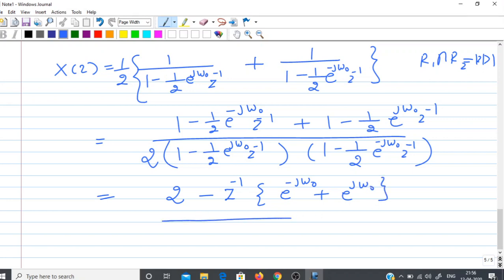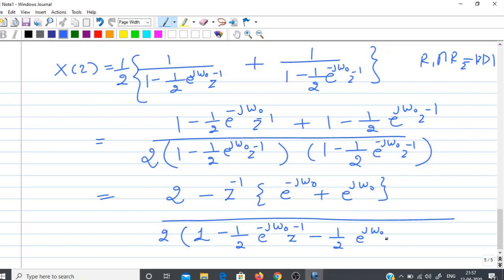And in the denominator, 1 multiplied by 1 will be 1, then minus e to the power minus j omega naught z inverse, then minus e to the power plus j omega naught z inverse, and when you multiply these two factors, you get